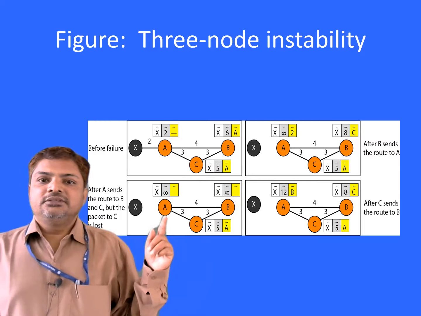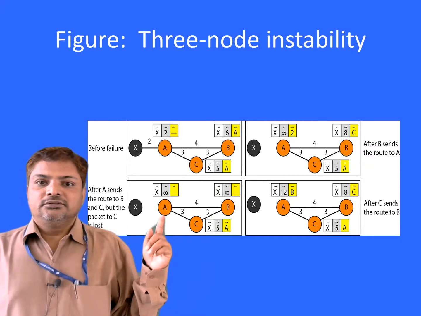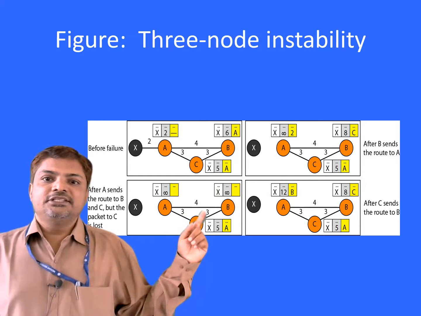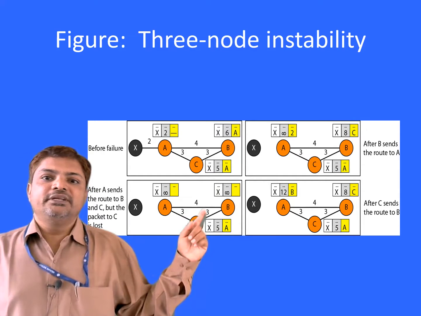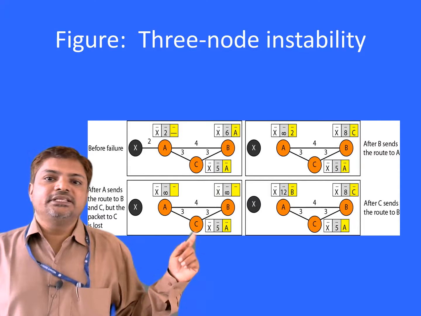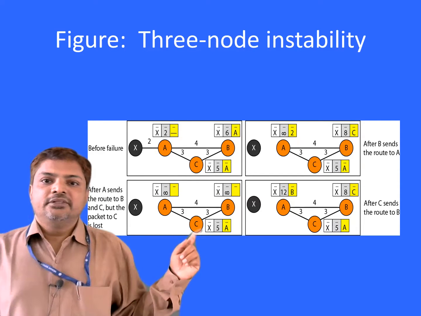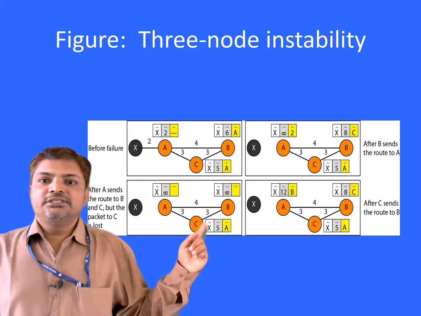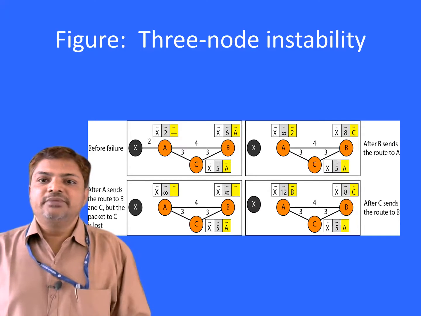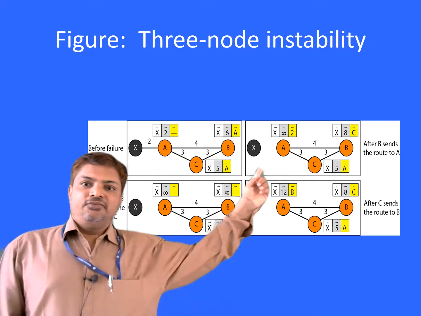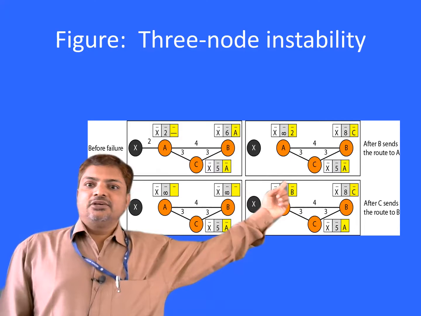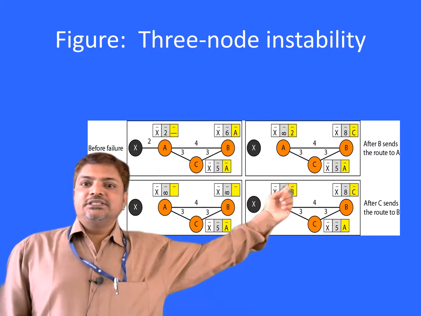But the frame will be lost at C. Before reaching C, the frame is lost and it reaches only B. So B updates its value to infinity, but C cannot update its value. It still thinks that the cost to reach X through A from C is 5. So it sends these values to its neighbors. B updates this value and makes it 5 plus 3, 8. The cost to reach X changes to 8.